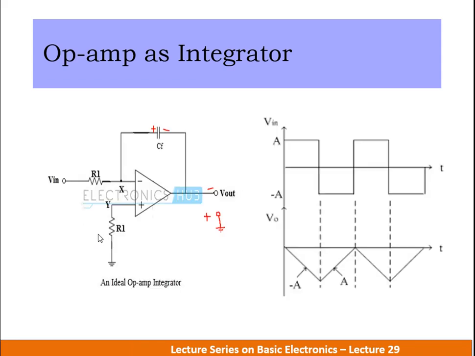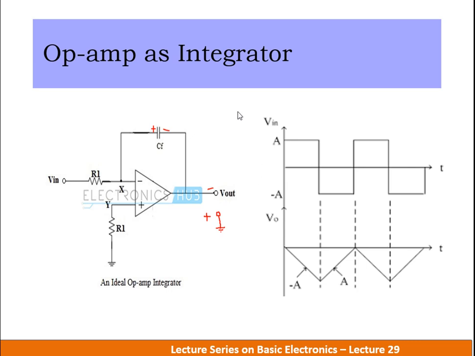Now let us analyze the op amp as an integrator by applying a square wave as an input. When a square wave input signal is applied to an integrator circuit, it produces a triangular wave at the output. Please make a note that the output is measured between VO and ground. This is the positive square wave input signal, denoted as Vin, and VO is the output voltage, which is a triangular wave produced at the output terminal of the op amp.